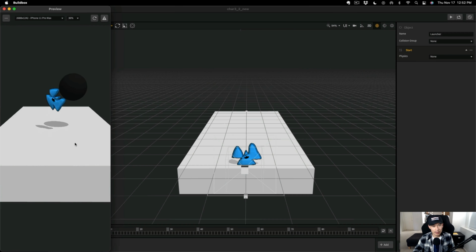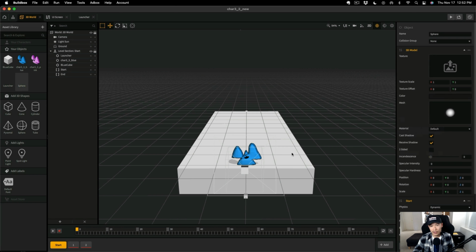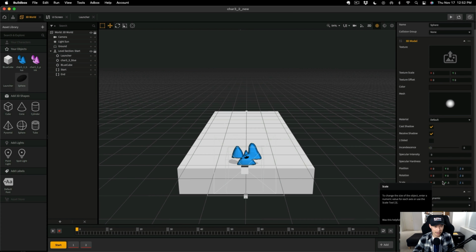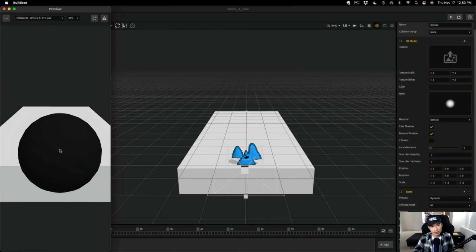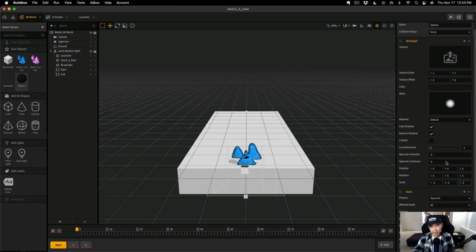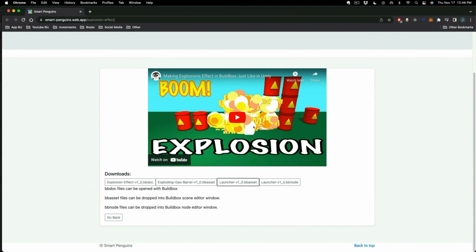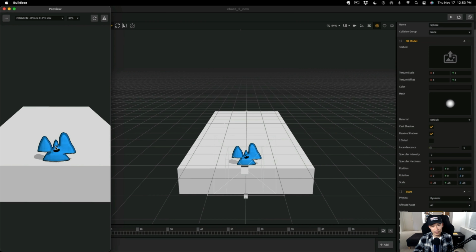Since the ball is a little bit too big, we need to go into the sphere and adjust the scale. I adjust it to 0.5 in all the axes. Now when I touch the screen, we get a much smaller ball, still bigger than the character. We need to adjust that again, scale it down to 0.25. Pretty cool. I like how the character actually bounces back up after you hit it. It goes on the side and then balances back up. This is starting to turn into a throwing mechanic game because we have the launcher mechanic from Smart Penguins and we're applying it with our character